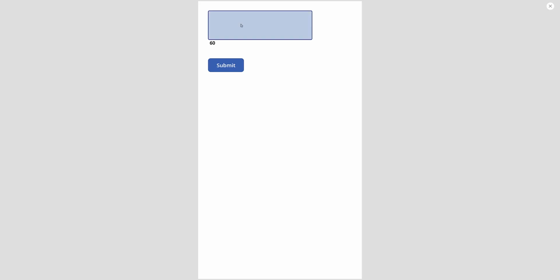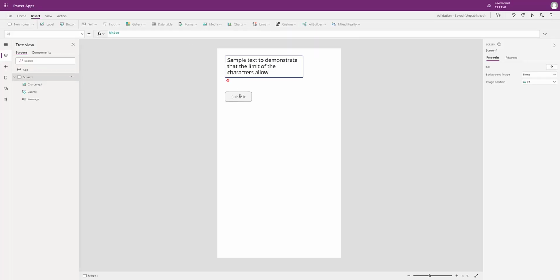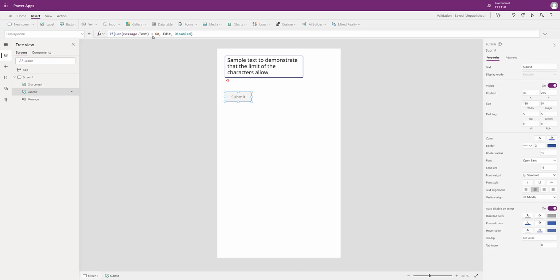So now I will start entering some text, sample text to demonstrate, and as you can see, as I'm typing, the length is getting reduced. I will reach 1 or 0 and stop to show how the validation will take place. So as you can see, as I reach 0, the submit button is disabled and the red mark or the red text also appears because I am exceeding limit. Ideally the limit should be, even at 0 you should be able to submit.